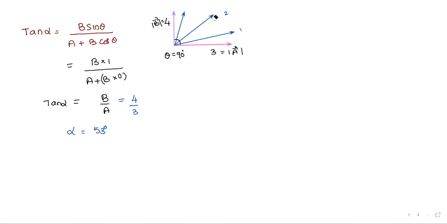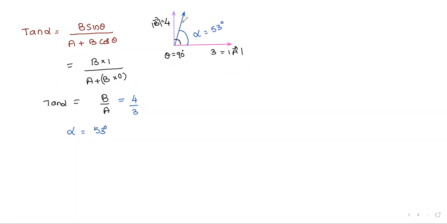Is 2 correct? It is bisecting the angle, right? You got 53. Bisecting the angle means you should get 45 degrees. So 2 is wrong. And this one also wrong, it is less than 45 degrees. Okay, right. So here, alpha I got with A bar. This is alpha. Alpha is equal to 53, close to B. Yes, Surya, correct. More than the bisector, yes.